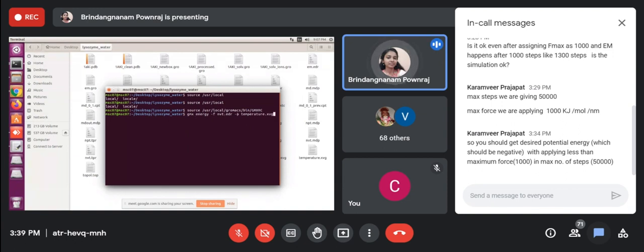So here we are going to check for temperature, how much the protein is stable,